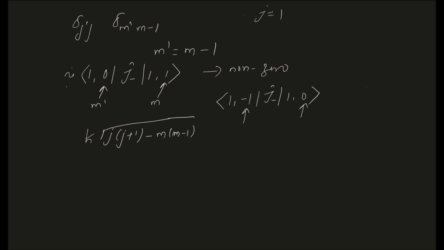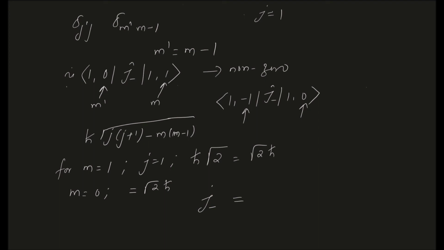So you can write that for m is equal to 1, j is anyway already 1, so you can write this magnitude will be h cross into square root of 2. So it is root 2 h cross. And for m is equal to 0, this is given by root 2 h cross again. Okay, so the matrix element for j minus can be written as the magnitude is given by root 2 h cross in both cases,